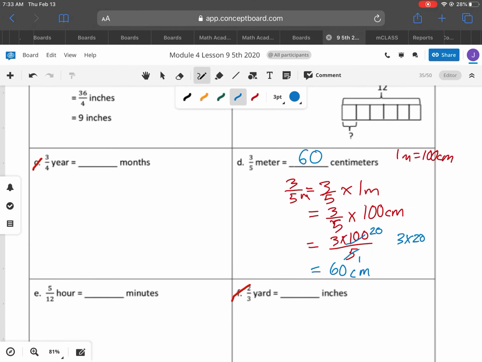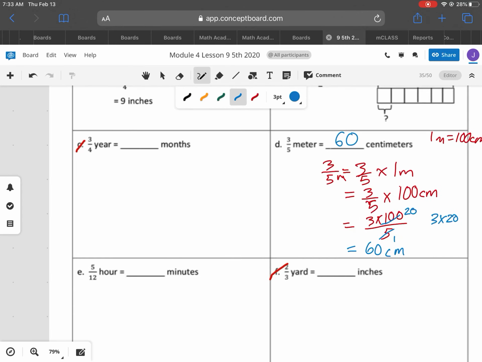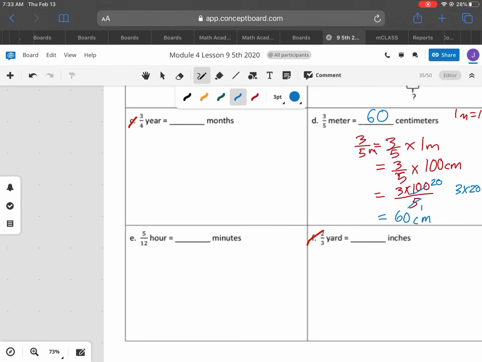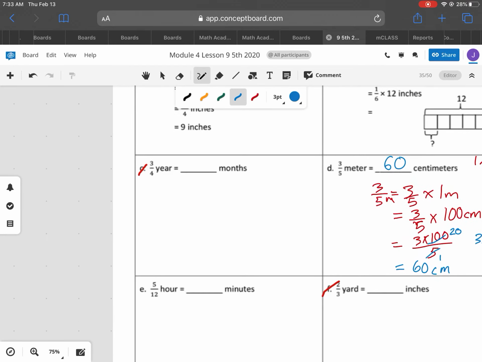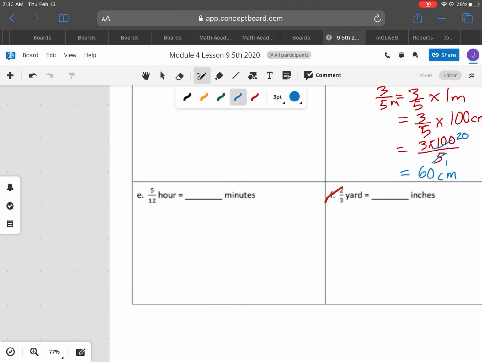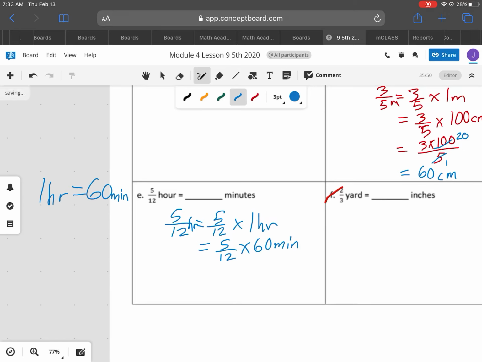All right, so 3/5 is more than half, and half of 100 is 50, so we're going to be higher than 50, and we did get 60. All right, next we have 5/12 of an hour. So 1 hour is equal to 60 minutes. So this is almost the backwards of the other one. All right, so 5/12 of an hour is equal to 5/12 times 1 hour, which is equal to 5/12 times 60 minutes,